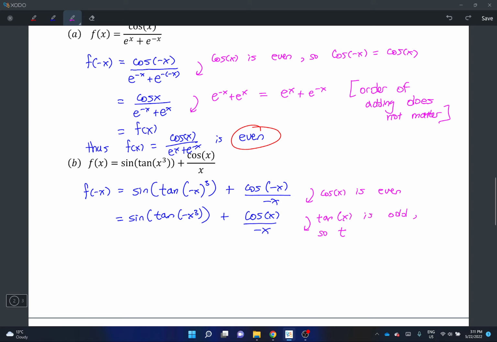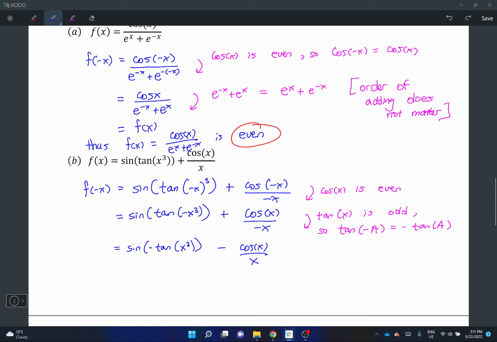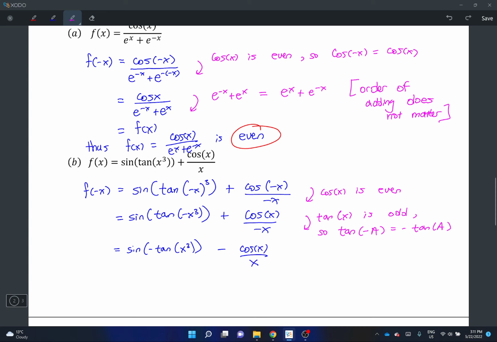So tan of negative something is equal to the negative tan of the positive. We bring the minus sign out of an odd function. So we have the sine of the negative tan of x to the power of 3. A negative down on the bottom can be written on top. Okay, and then the next line,